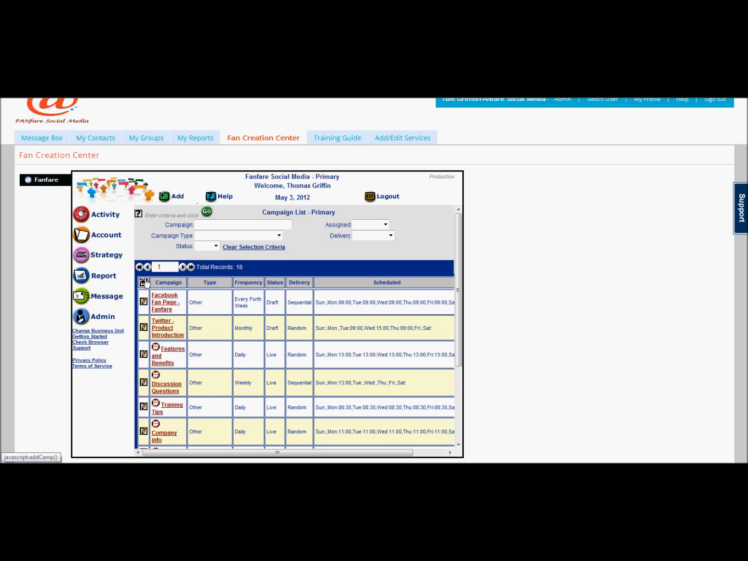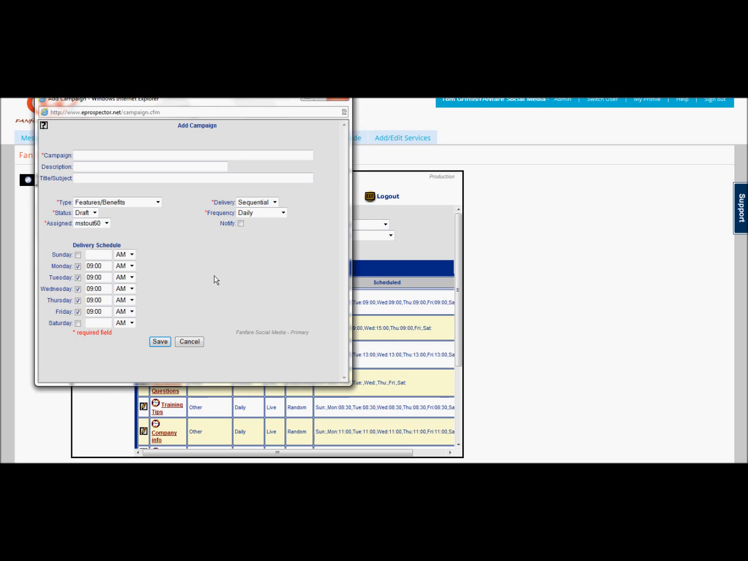Now, let's just suppose you wanted to set up your campaign and get started. We click on the plus button, name your campaign, describe it for yourself, and then the title or subject is like an email subject header. Now, Facebook drops these, and so does Twitter, but if the social site accepts them, this would be the name of the topic content posts that you're going to send out there. So if we wanted to go with features and benefits, although